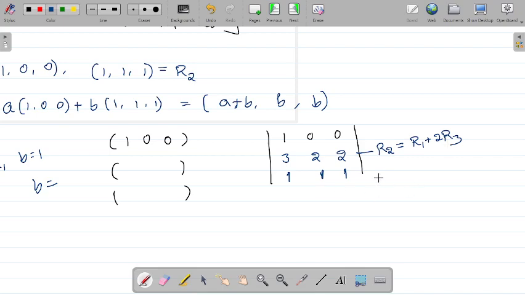Or in other words, even the first row itself, you can look at the first row, R1, that is nothing but R2 minus 2R1, 2R3. Can you observe that? Of course, you can talk about R3. You can look at R3, that is nothing but, what is R3? That's going to be R2 minus R1 by 2.